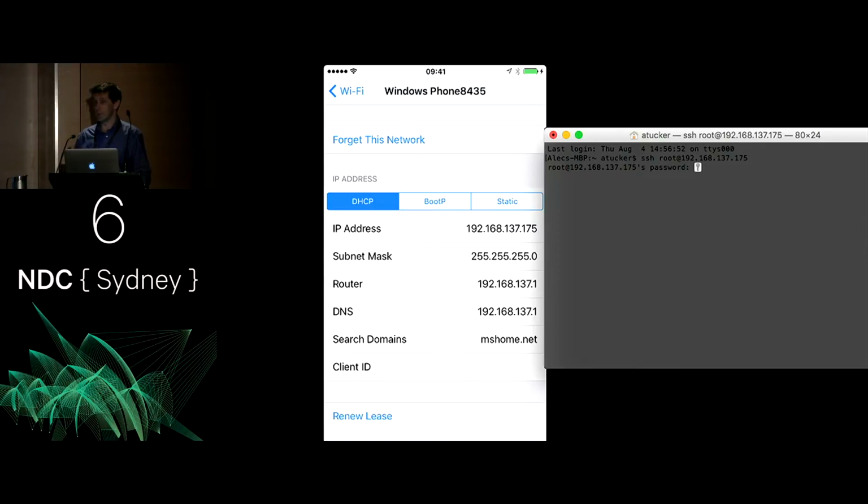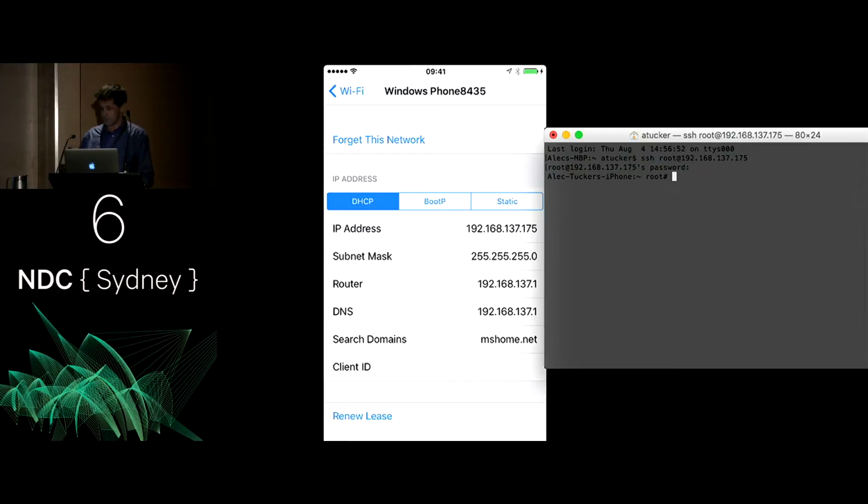Does anyone know what the password is? No. It's not that much of a trade secret. If you go to Google and type iOS root password, it will offer it as an auto-suggestion before you even search. So I'm not actually giving much away when I say it's Alpine, and has been for a long time.